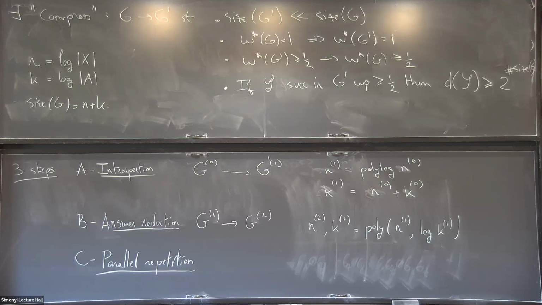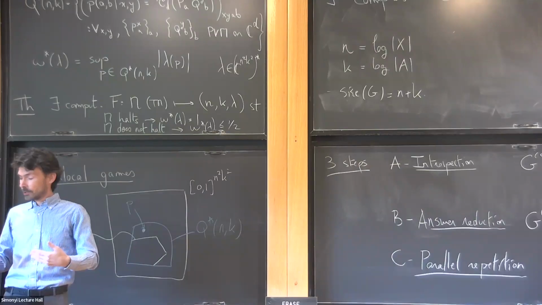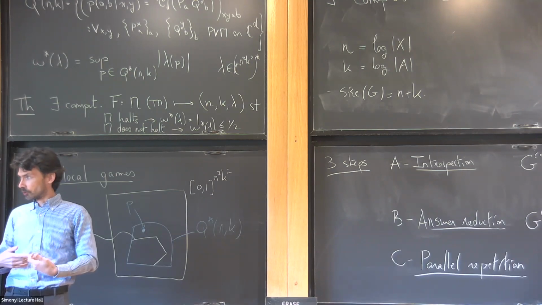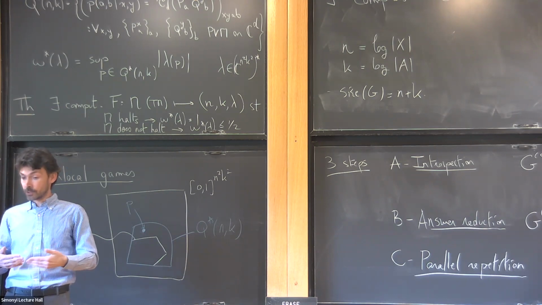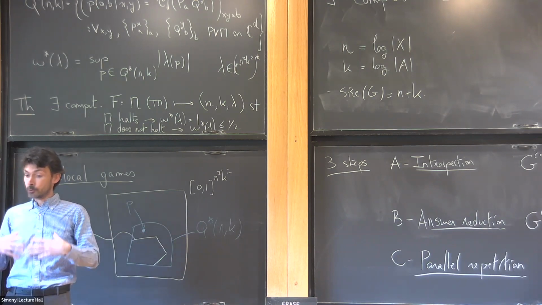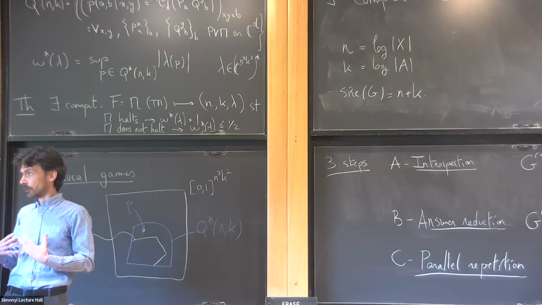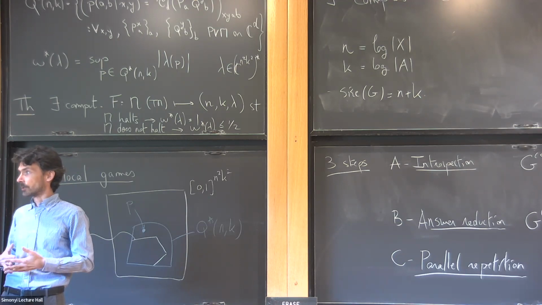You think of these answers in the game that come back to you as a proof. In a way, they're a proof that this game can be won. And now you want to create an equivalent game such that the proof is shorter. You want a proof for the same statement, but it should be shorter. And the polynomial enters into the verification. The way you achieve that is you leverage the fact that the proof was verified using a polynomial time procedure, and using that, we can apply the PCP theorem. If we didn't know that, we couldn't apply it. Okay, so that really answers the question.